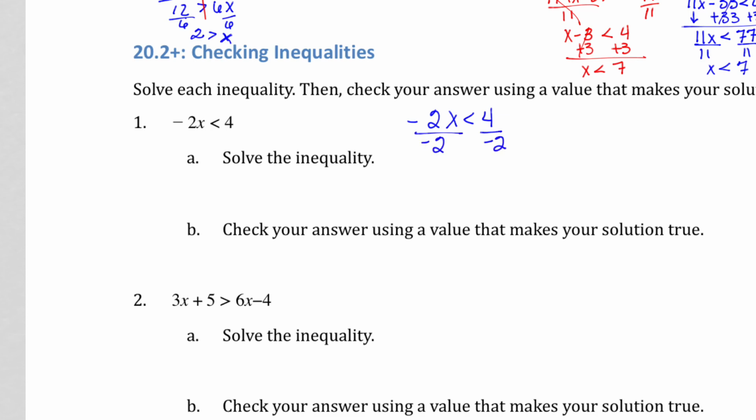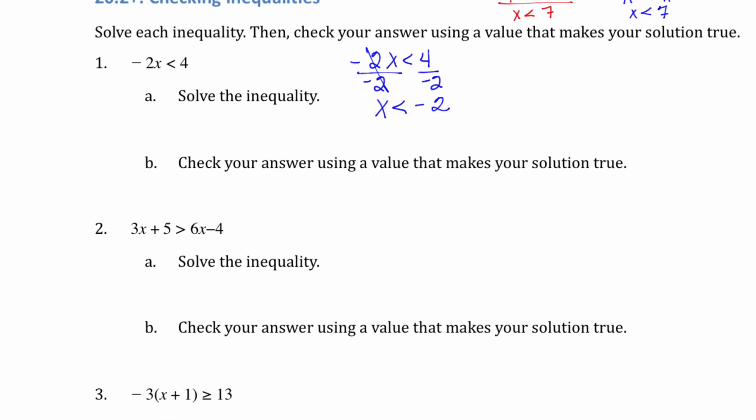Do we always have to do the long equation to get the answer? Okay. So then you will get x is less than what? 2. Negative 2. All right. So we're going to check our answer using a value that makes your solution true. So somebody pick a number for x that is less than negative 2. Negative 5. So if we say negative 2 times negative 5